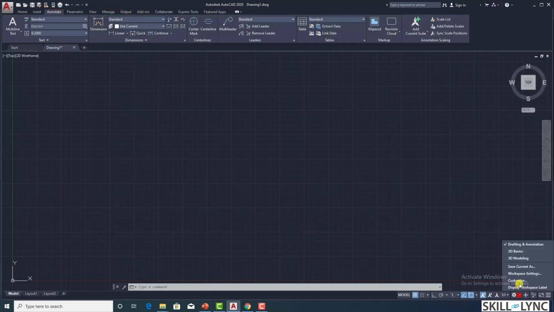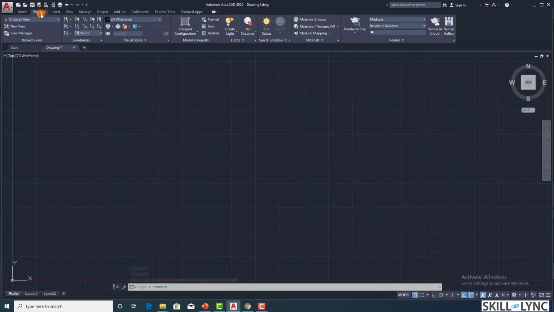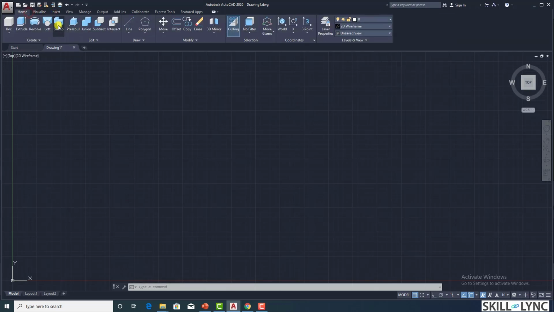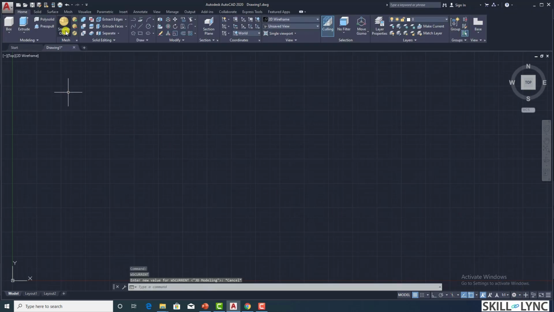Whereas if you move on to the next one, we go to 3D basics modeling. This workspace and its commands get updated for your 3D modeling tools. And if you move further to the modeling section, you have the advanced tools available for this application. So based on what you need to work with, you can set up your workspace.